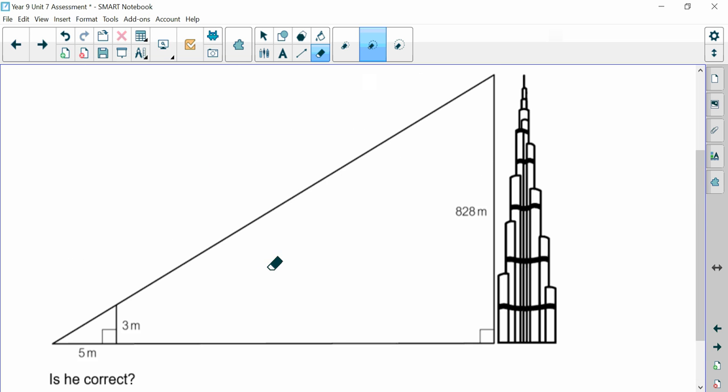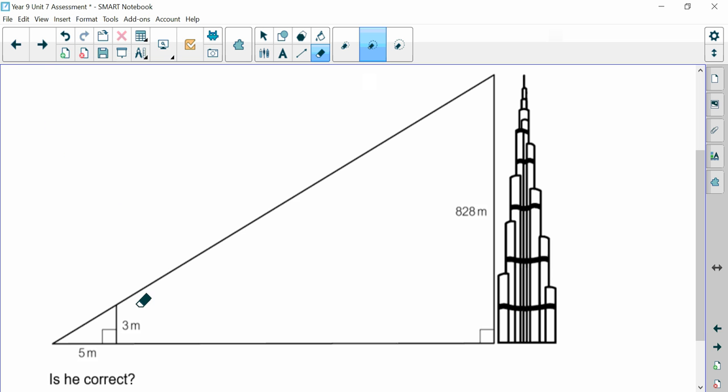Is he correct? Well, what Omar has done is he has created two similar triangles. This similar triangle here, from where he's standing to the post that is 3 meters high, and from where he's standing to the tower, which is 828 meters high. And we know that these are similar triangles because this angle is common to both. This is a right angle and this is a right angle. And because these are parallel sides, these two angles here are corresponding. Remember the F-shaped angles between two parallel lines. So they are